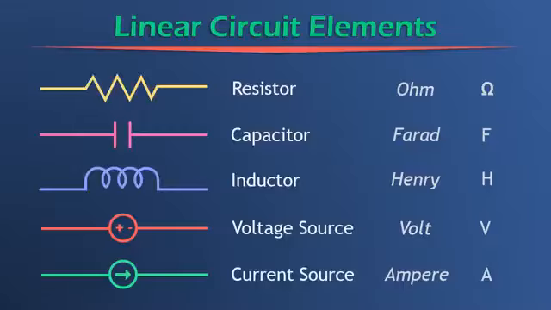And now what makes a linear circuit element linear? Well, say we were to write out a relationship between current and voltage for any of these elements, more specifically resistors, capacitors, and inductors. But say we were to write out current as a function of voltage, we would find that the current through these devices, these elements, is going to be a function of voltage times some constant. And so that makes it a linear